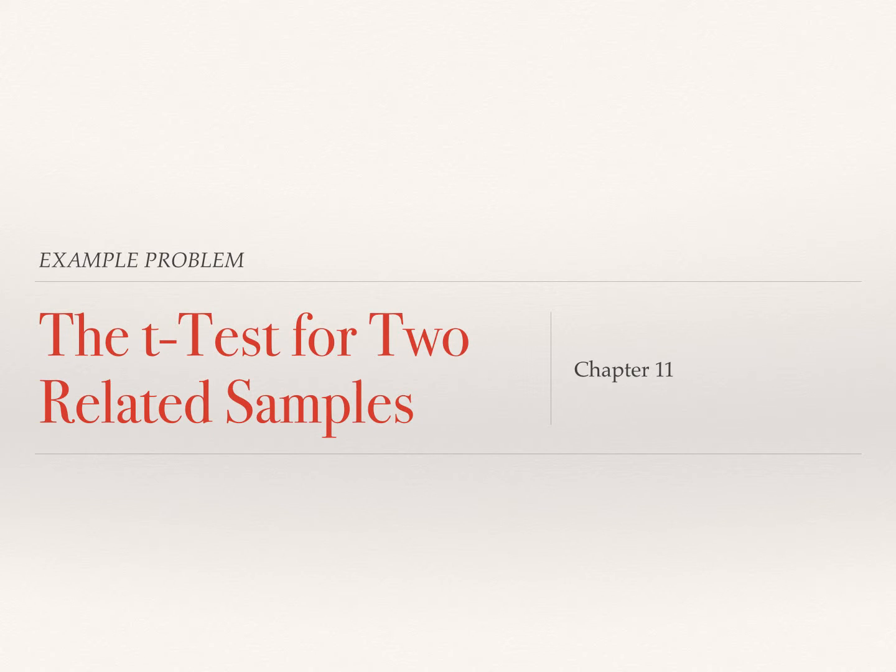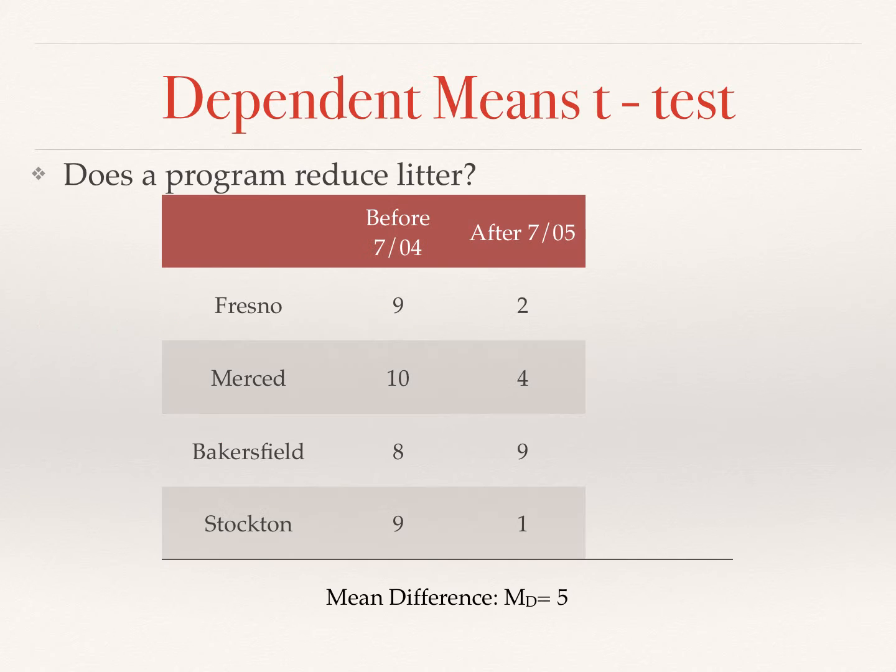So this is our example problem for the two related samples t-test. Does a litter program reduce litter? Would we actually have less trash after instituting this program? So we looked at 4 cities. We looked at before the program was introduced. We introduced the program in August of 2004, and then we took a measure of litter in July of 2005,